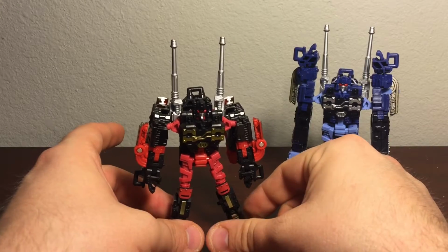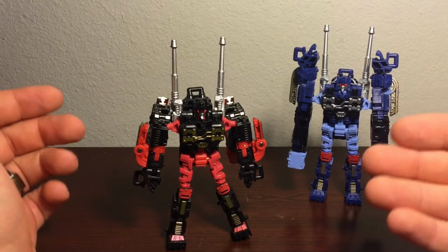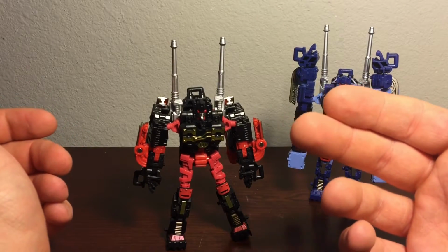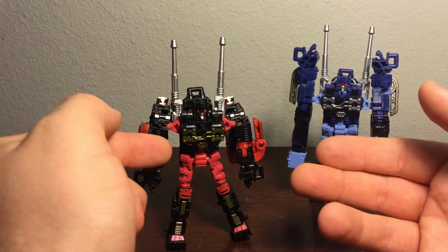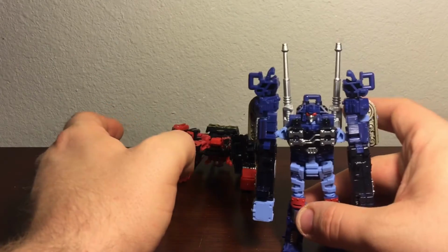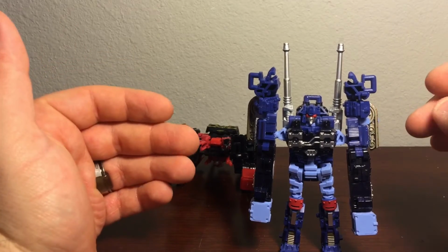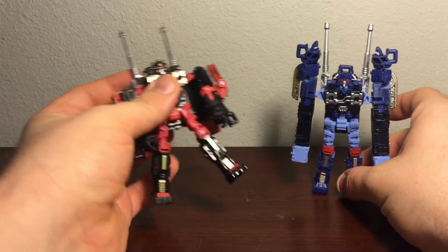Number three. The color pattern for these two is spot on with the original figures, for instance, Rumble being mostly red, black, and a little bit of gold detail, and Frenzy being mostly blue, shades of light blue, silver, and some red, not too much red. But